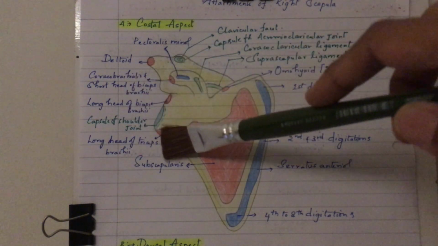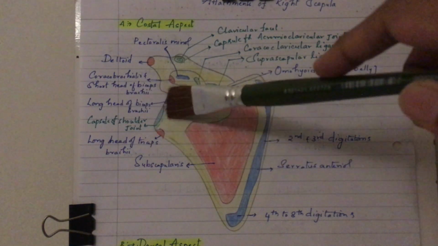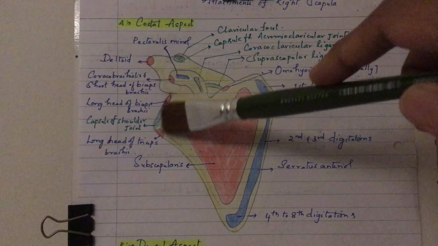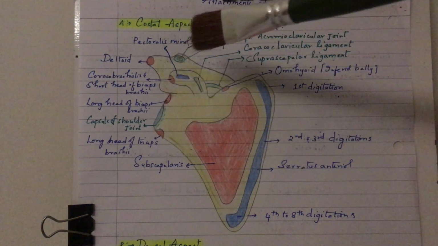Coming to the long head of triceps. The long head of triceps arises from the infraglenoid tubercle. We have the long head of biceps arising from the supraglenoid tubercle, and the long head of triceps arising from the infraglenoid tubercle. It's very easy. Then we have